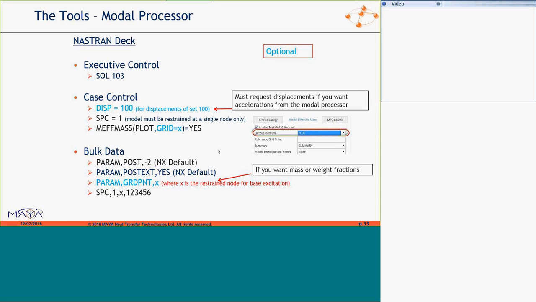So how do you set up the processor in the Nastran deck? Using Nastran syntax, again using a solution 103 normal modes analysis, with iterative control. In the case control, you must request displacements. It's optional, but if you're going to post-process responses, you have to request displacement for at least a set of your model, or all. Request modal effective mass from Nastran, and you must send it to the OP2 file, so it ought to be here with the option PLOT.